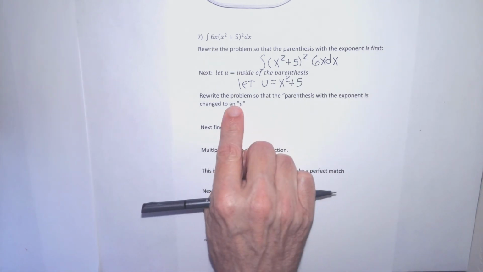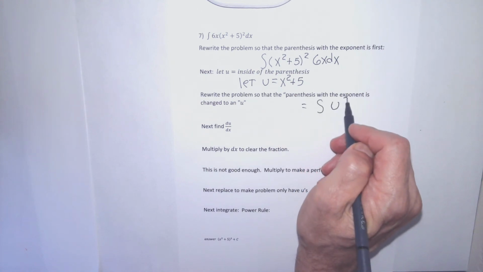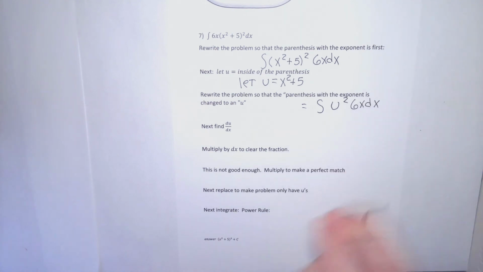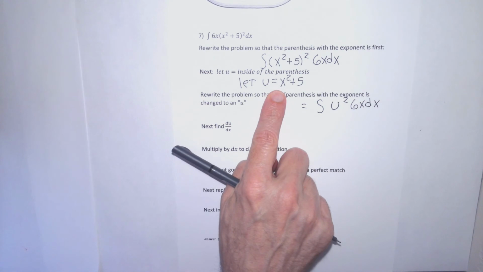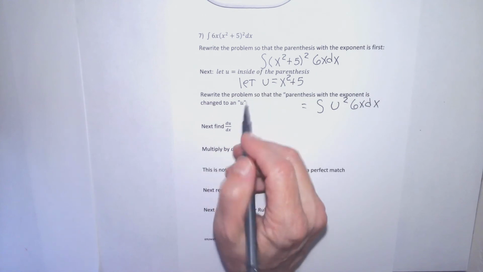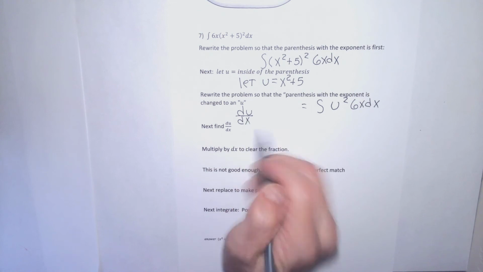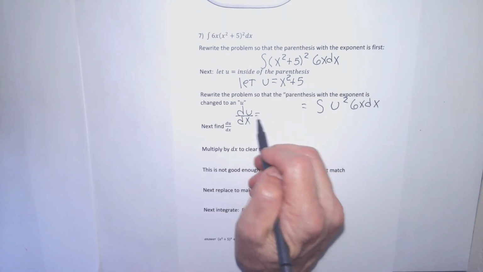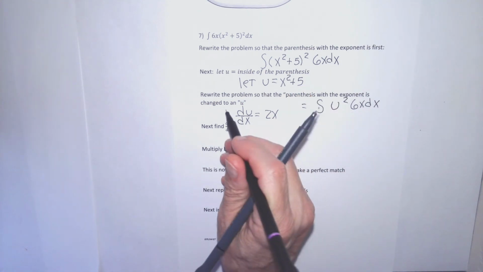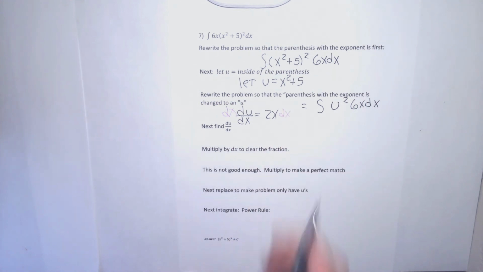Now I'm going to rewrite the problem so it doesn't have the parentheses with the exponent. Write it with a u. And now I'm going to use this u, take its derivative to get rid of a 6x dx. So the derivative of u, I can write du dx for. The derivative of x squared is 2x. The derivative of 5 is 0. Multiply by dx, and I get du